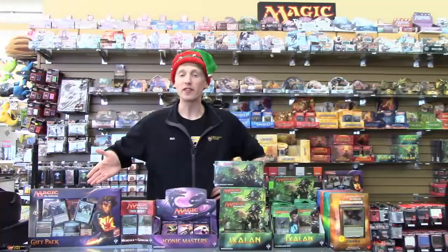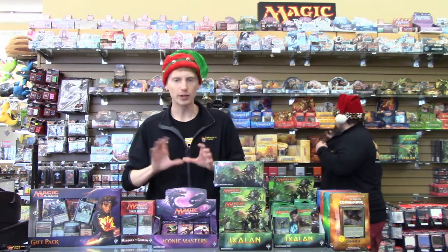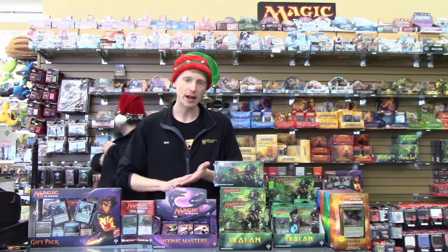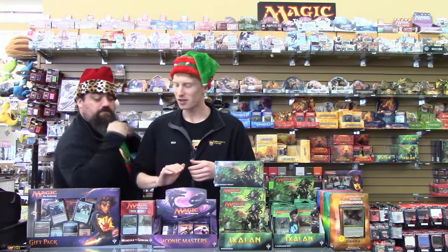So these are some of my favorite products that have come out from Magic the Gathering in the past year, and let's take a look at some of them a little bit closer. Now, first and foremost is really cut and dry. It's the Magic the Gathering gift pack, and well, it's made to be a gift. It's got 3 booster packs, 2 foil rare cards, 5 promo cards. And it's supposed to be a really simple, like, you know what, I'll just pick this up for